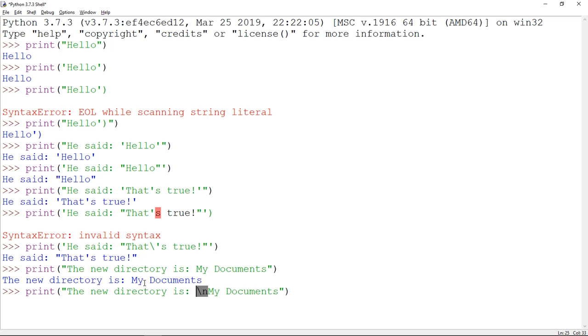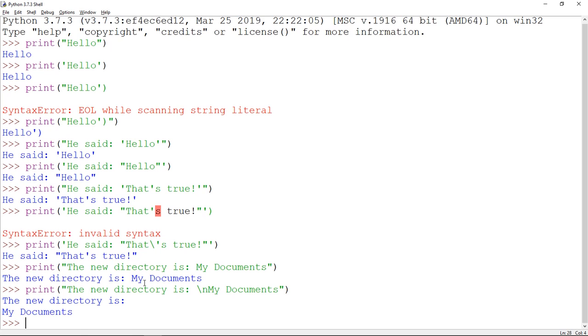So this combination means, okay, print here a new line and then the rest of my string. Just hit enter and I get the new directory in the first line. Second line says my documents. Now let's see one last